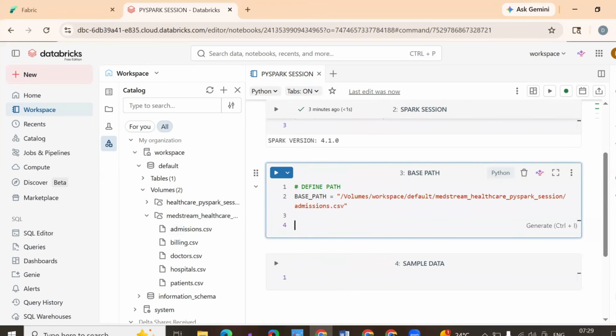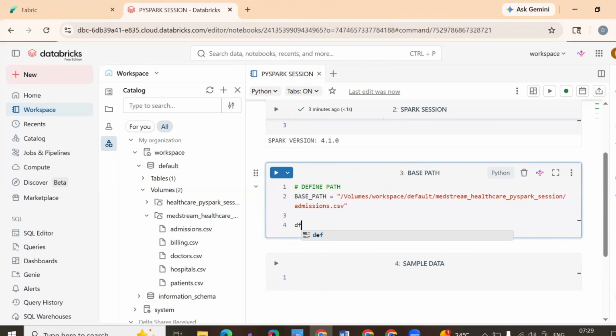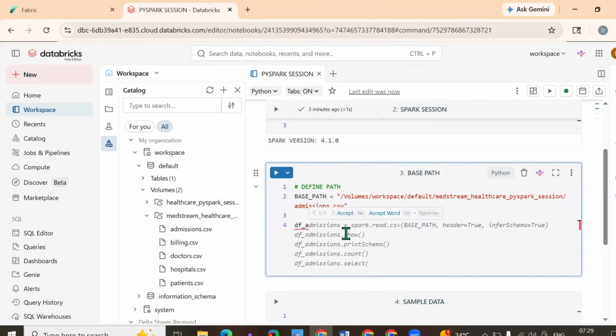So what we can do is go for DF, data frame. DF underscore, and the first thing is admission. So let me write admission. Now you see, we are getting the suggestions: admissions, df underscore admission equal to